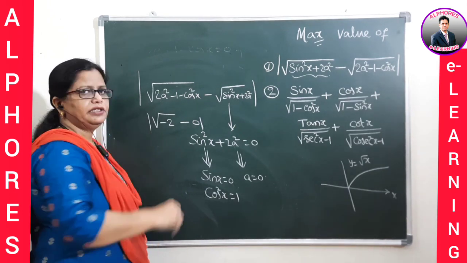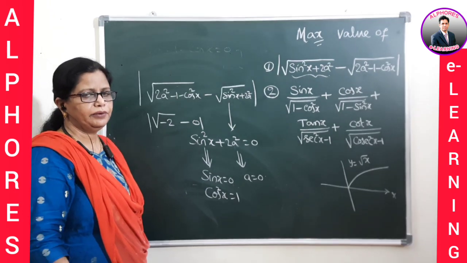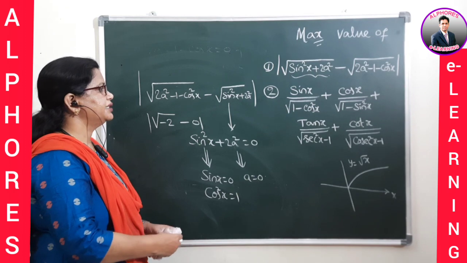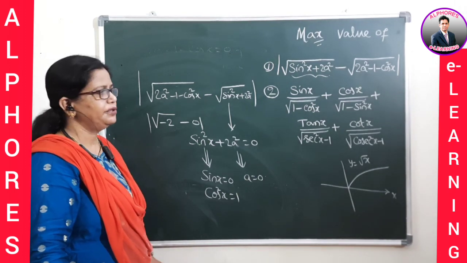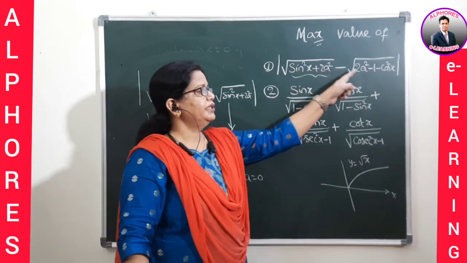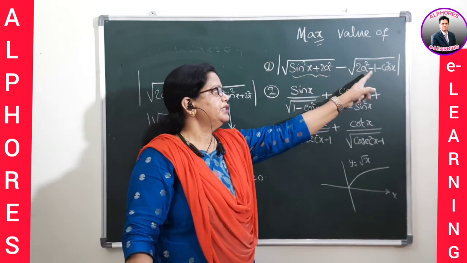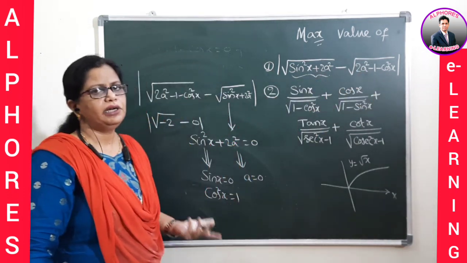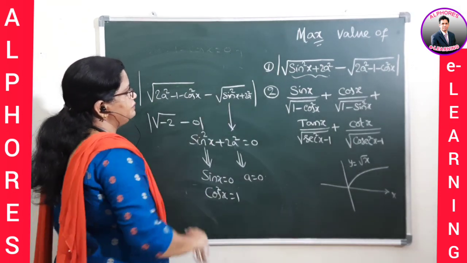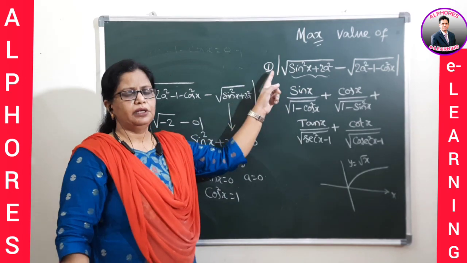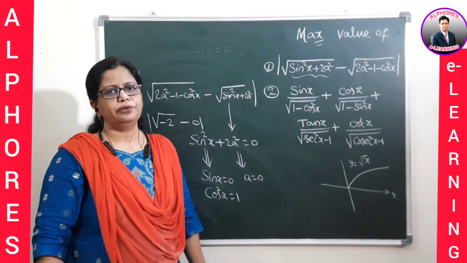But root of minus 2 is not a real number. That's why you have to understand clearly which value is 0. So which one we have to make 0, because of this number and this number inside, if you compare, this is the smaller value. Hence we got that kind of answer. So what is the final answer, students, to this one? The maximum value is nothing but root 2.